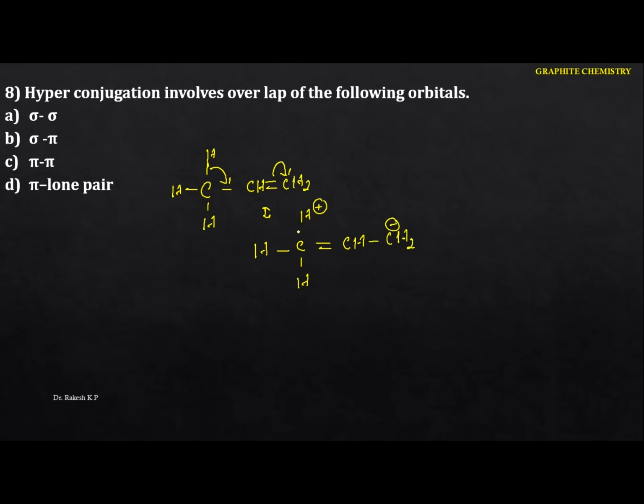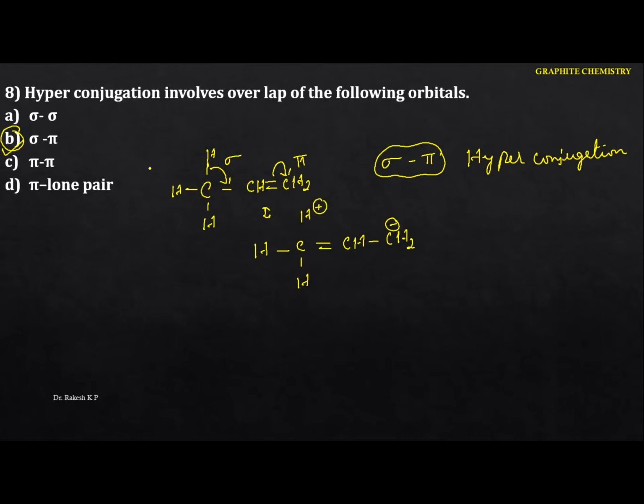Just identify which electron shifted here. The sigma. And which electron is displaced here? That is the pi electron. That means the involvement will be the sigma and the pi bond. If the interaction takes place between the sigma and the pi, this effect is what you call hyperconjugation. So we are going to call it the hyperconjugation effect. Remember one thing, the alkyl group has to contain at least one hydrogen. If it is attached to the alkene, free radical, or the carbocation, we can identify this type of effect. That means here the option is the sigma and pi bond.